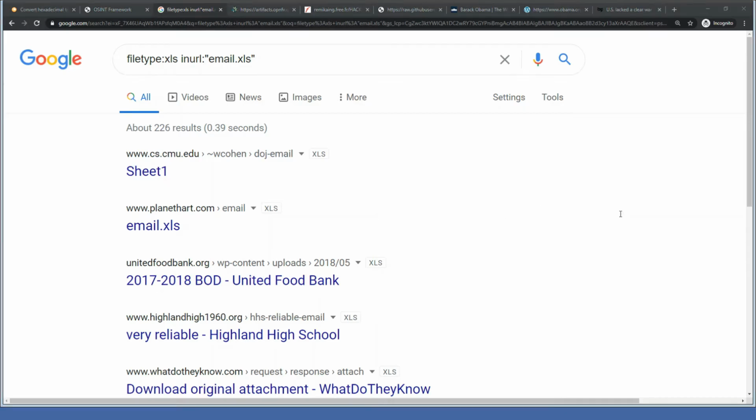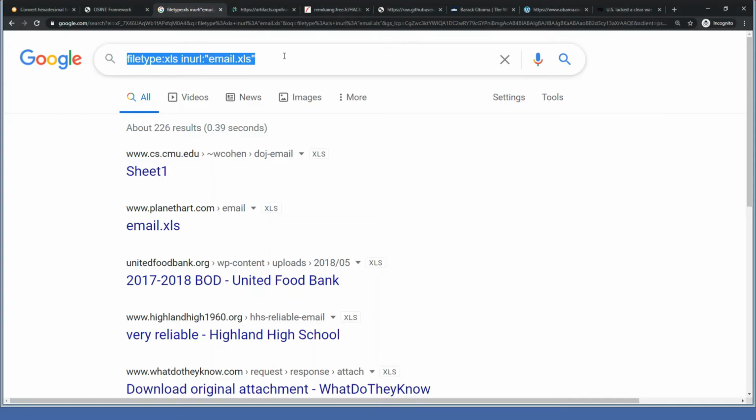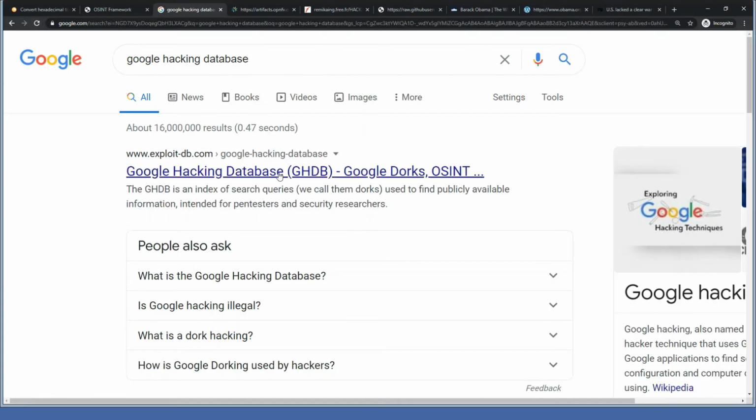Okay, so apart from this, there is a central database of all the Google Dorks. This is called the Google Hacking Database. It is maintained by Offensive Security, the creators of Kali Linux. They regularly approve and add new Google Dorks to the list. So if I type Google Hacking Database, you will see it's the Exploit DB. Okay, so in there you can see